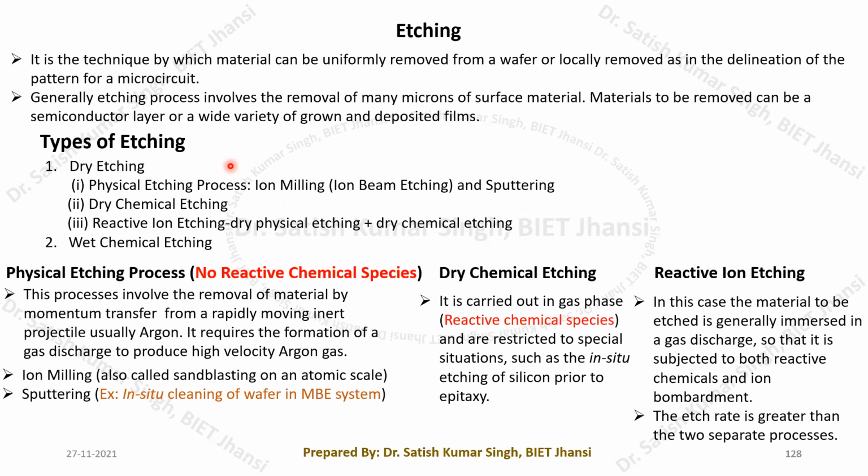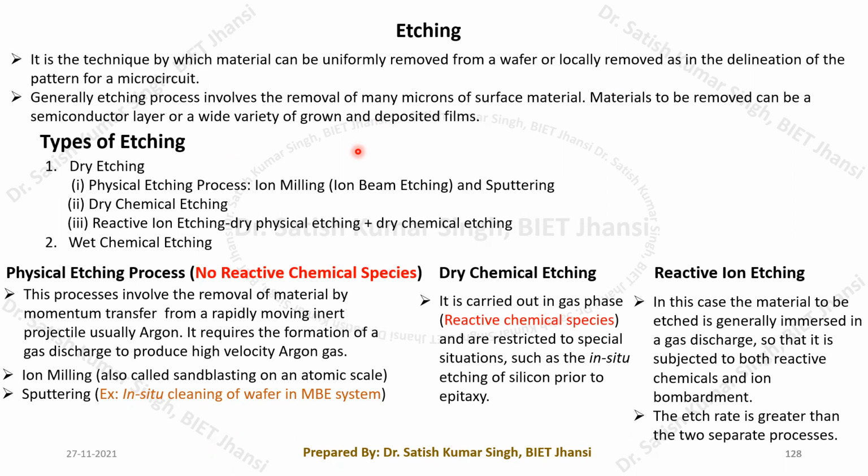We have encountered this etching process a number of times, and I explained in different processing steps of NMOS fabrication how etching can be used for selectively removing a certain portion, to remove the particular SiO2 layer